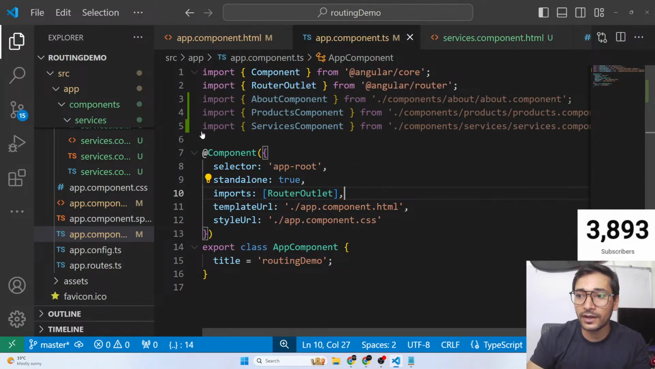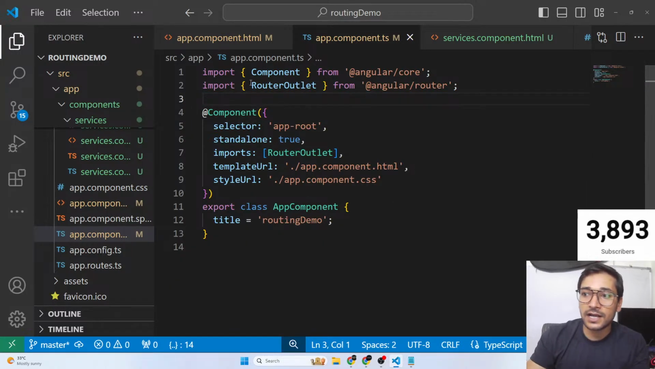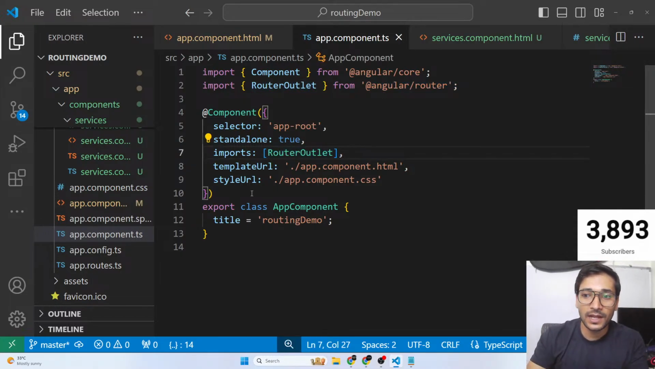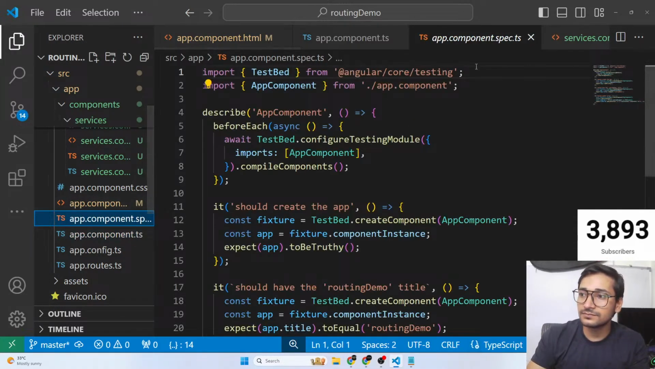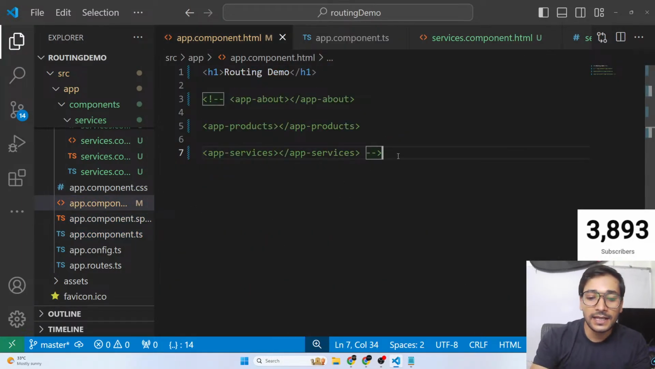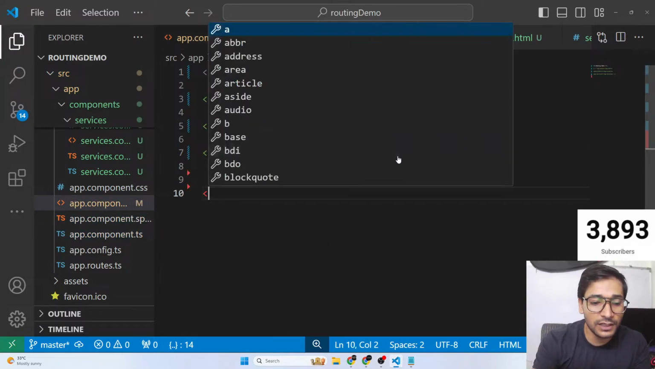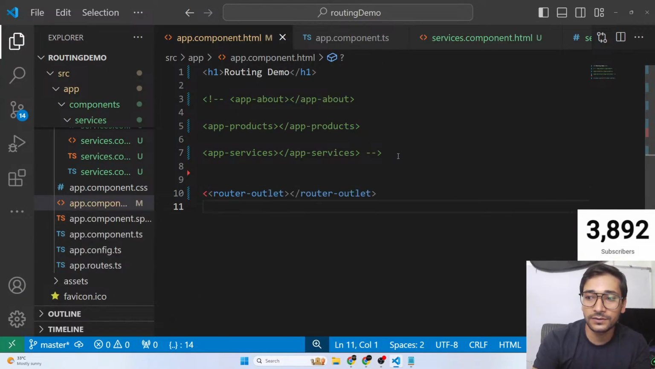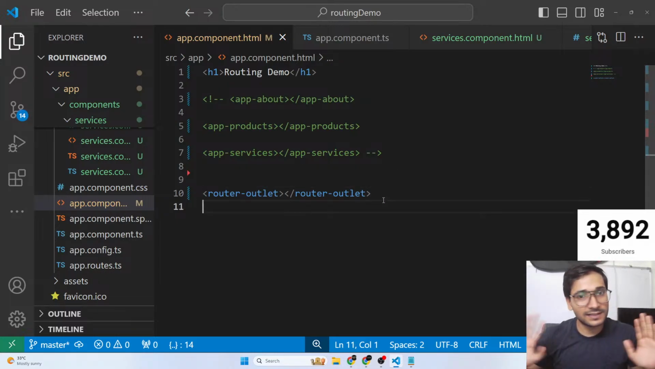Why do we need router outlet? Okay, let me remove this. And see, guys, router outlet comes from Angular router, which is a default library available for routing in Angular. So we only need router outlet. And now we'll go in our HTML file, and there, instead of loading our components, we load the router outlet tag. So to use this tag, we need that router outlet. Okay, that's it. You're done with the